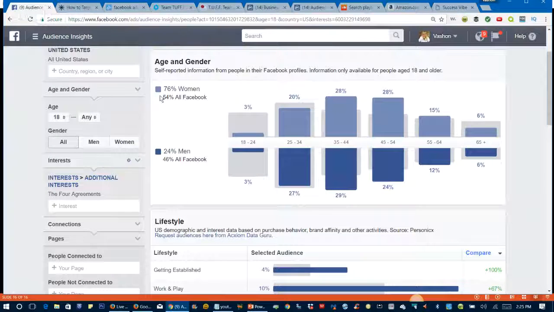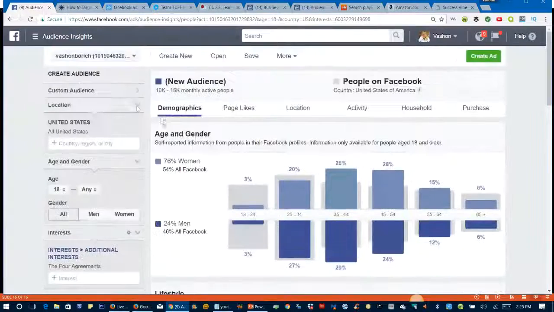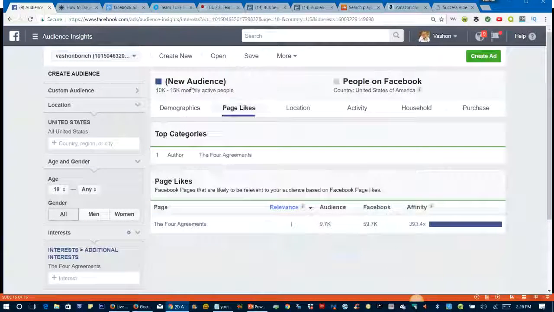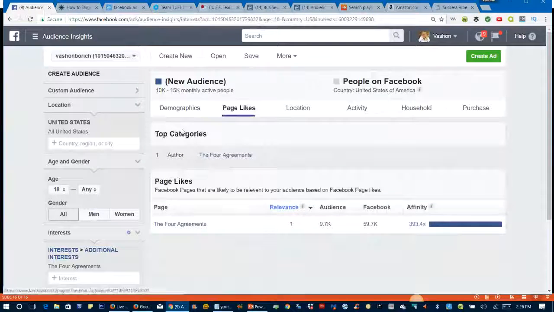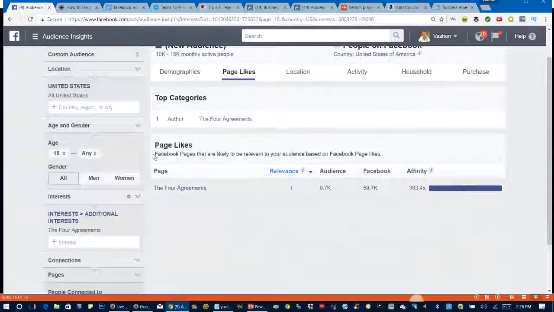You can see that if what I want is, I want to click up here now on page likes. Now that I'm in The Four Agreements insights, page likes, it shows the author of The Four Agreements. So this one maybe is not as good as I normally get because it's only giving me one. So let me type in a different one. Yeah, because that one, I think it only had like 2,000. It had a pretty small audience. That has 9,000. So let's get something with a bigger audience.